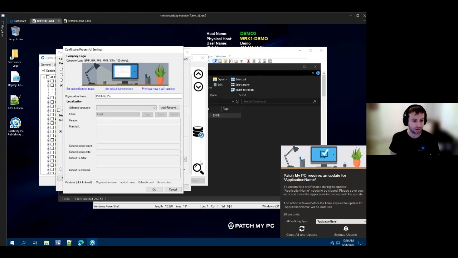Let's do the dark one, and preview, and it'll update that as well. Localization, most people don't need to change this. I think we have 11 of the most popular languages in here, but if you do want to, you can